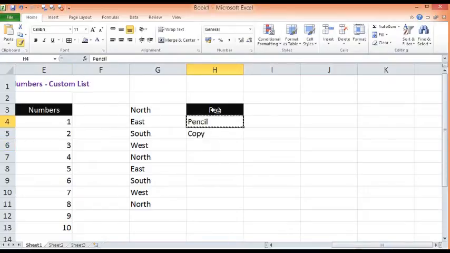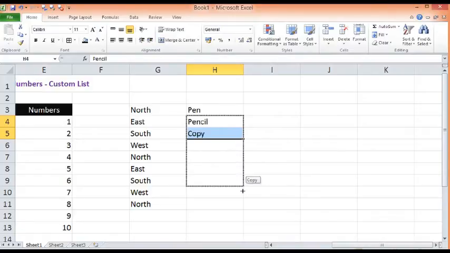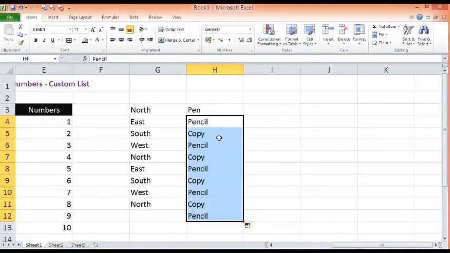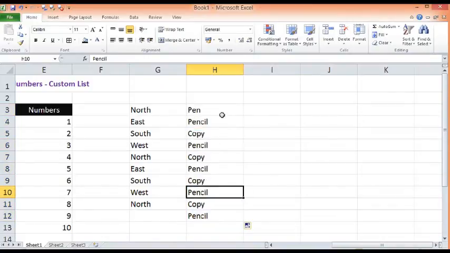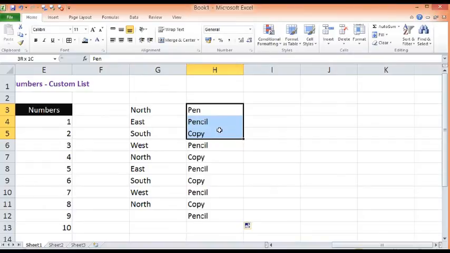Now if I select these two cells, drag down, then we can see that copy, pencil, but not pen is being populated. So what I'll do, I'll create a custom list by specifying these three values and see if we can populate the trend here in the next column.